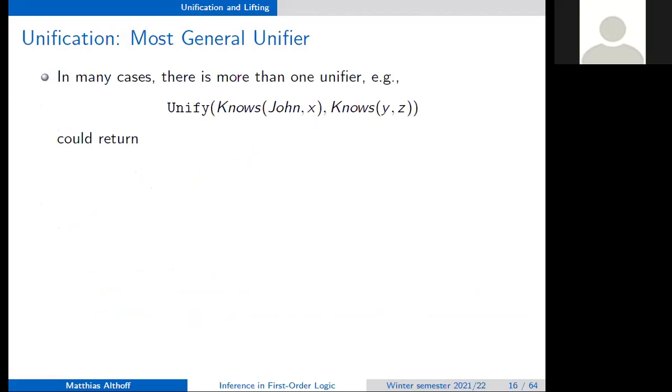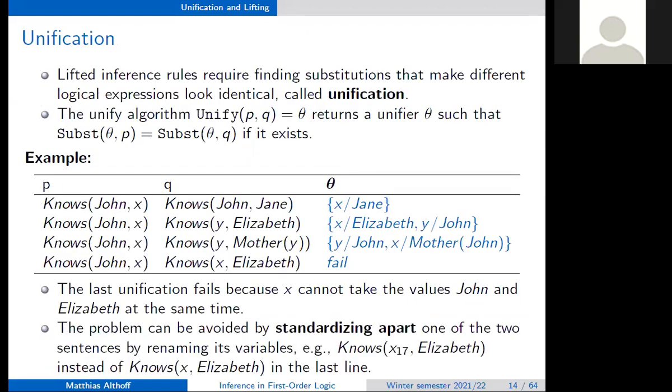Perhaps there are some people who have trouble on slide 14 with the other examples of unification. I think you explained the first one with X substituted by Jane, but they have trouble with the other ones. Yeah, the good thing about substitution is you just have to insert it. If you replace X with Elizabeth, then you have John knows Elizabeth. And if you replace Y with John, then you have John knows Elizabeth. So then both statements are the same. After inserting everything, both sides should be the same.